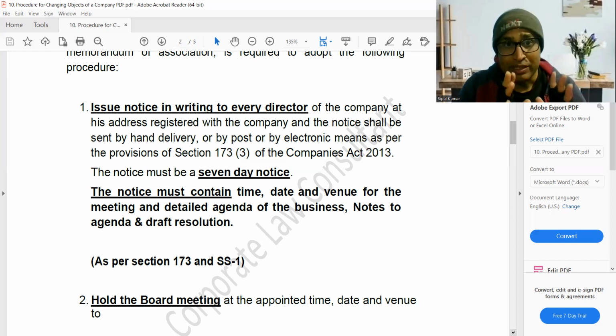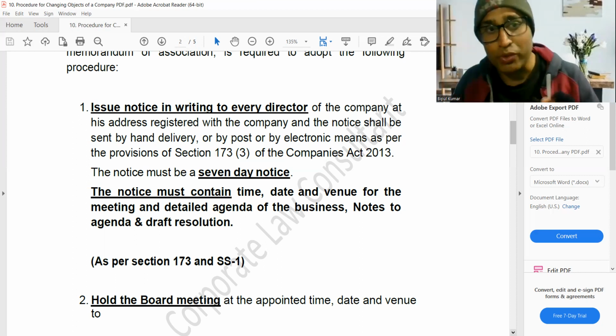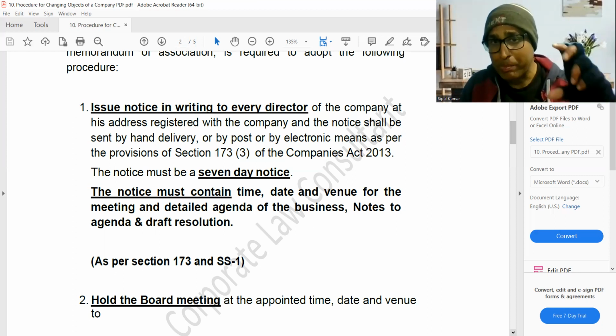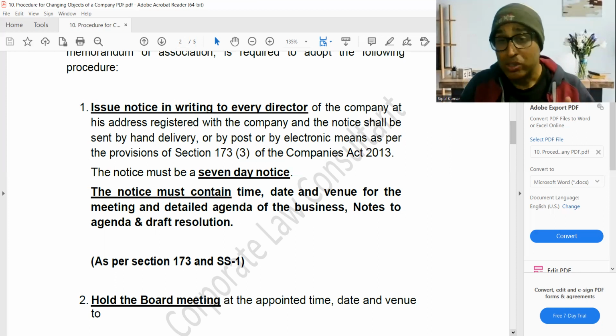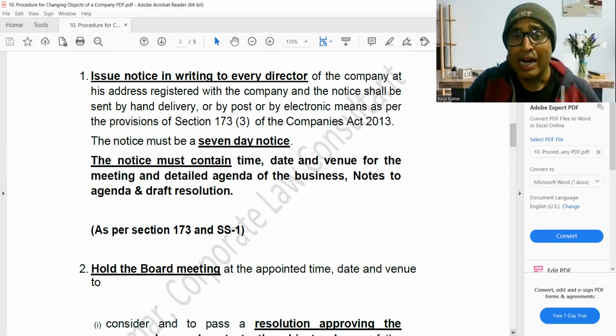Section 173 gives the legal requirements for issuing the notice. Secretarial Standard 1 applies to the board meeting. So the notice should have proper content and a proper time period: at least 7 days notice should be given in writing to every director at his registered address, and the notice contains the time, date and venue of the meeting, detailed agenda of the business, notes to the agenda and draft resolution, and then hold a board meeting at the appointed